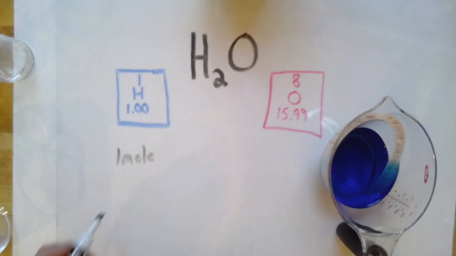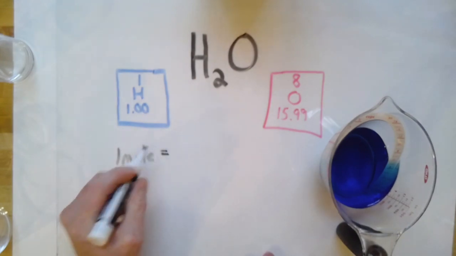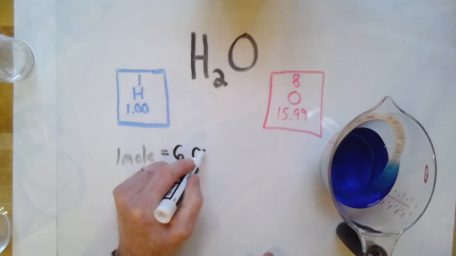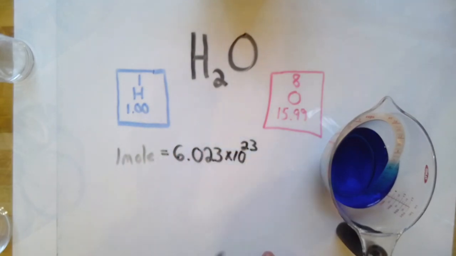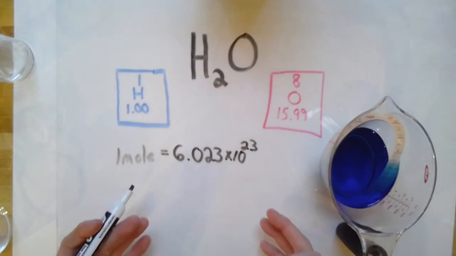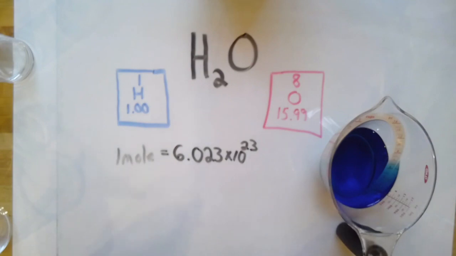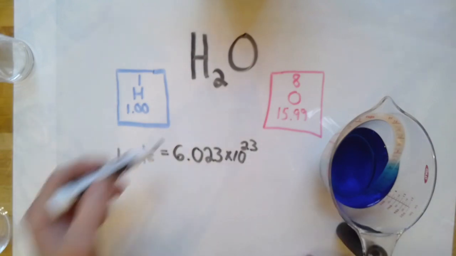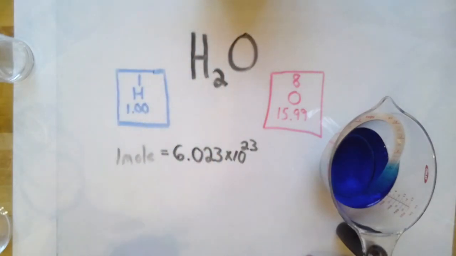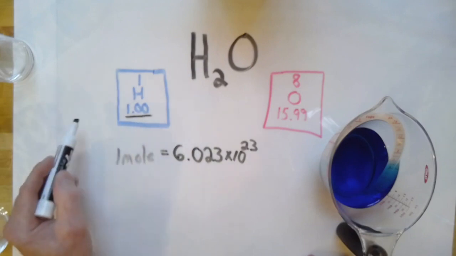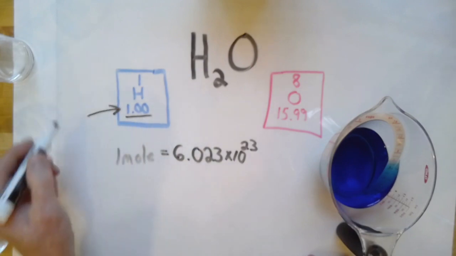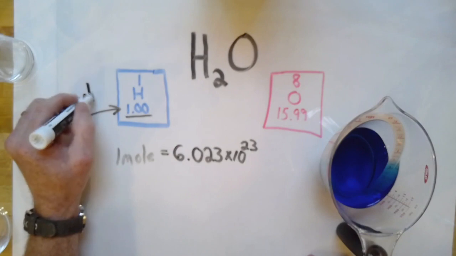But we know a mole of anything is equal to 6.023 times 10 to the 23rd of that stuff. Now, that's an awful big number. But what we're counting here are atoms and molecules. And if I want to know what a mole of water actually looks like, we can do that with our newly acquired atomic mass, which is actually the molar mass